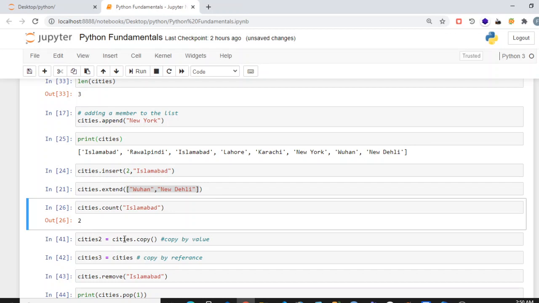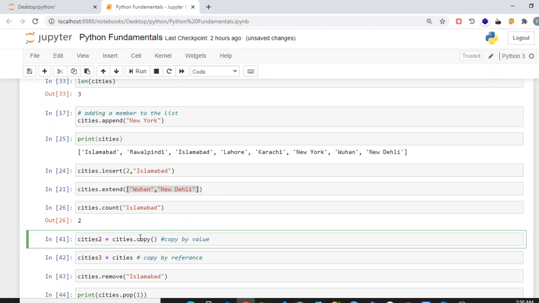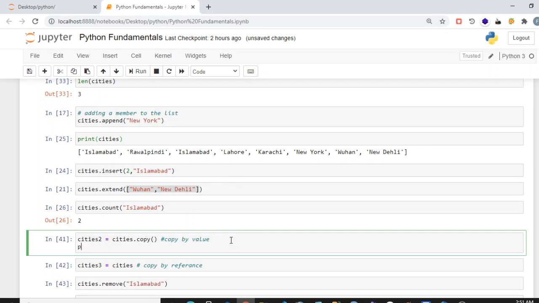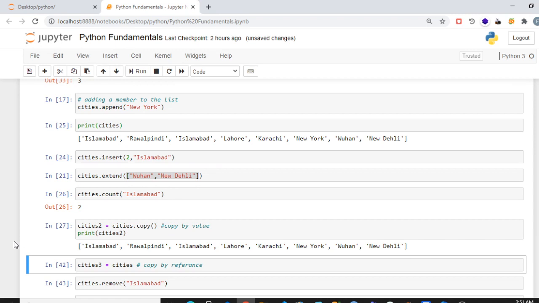Then we can copy a list using list.copy. It will copy the list by value, and then we can print it. Let's print the other value, which is cities 2. So the copy function will copy all the values of the list to another list.